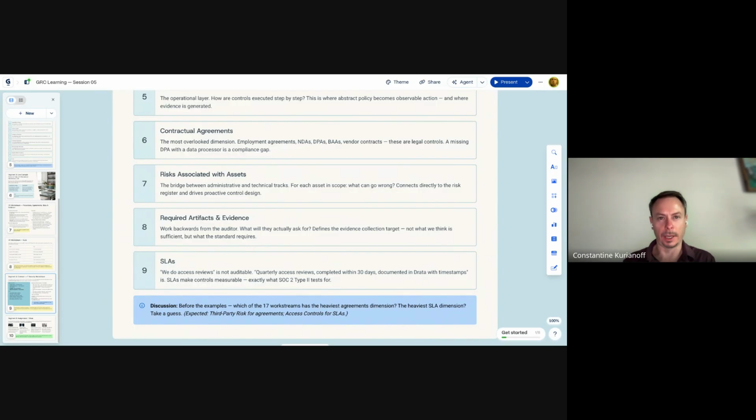And the same thing is about, after you build all that, after you define and deal with all those lists, the second part of the exercise is to see, okay, if we are implementing compliance against a particular compliance standard, in our example SOC 2, what are those controls from SOC 2 that are applicable to this work stream?